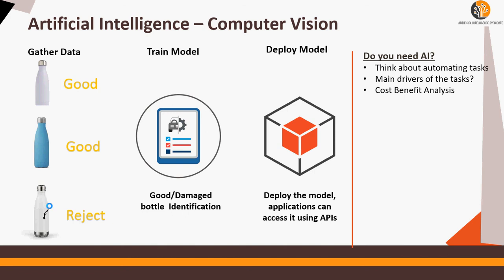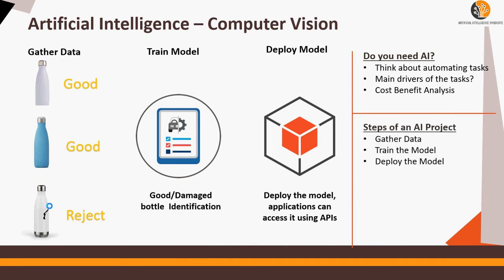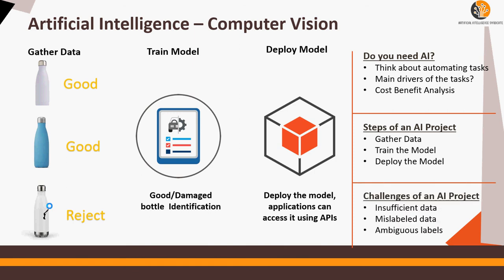Next are the steps of an AI project. We just talked about it. Gather data, train model, and deploy model. And then finally, insufficient data, mislabeled data, or ambiguous labels are some challenges of AI. We're going to talk about it in limited